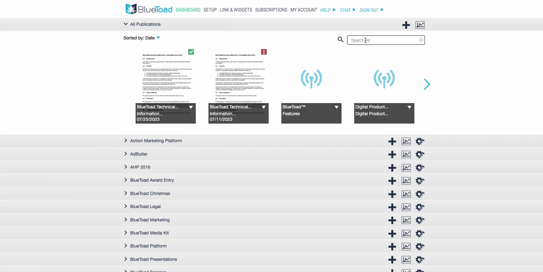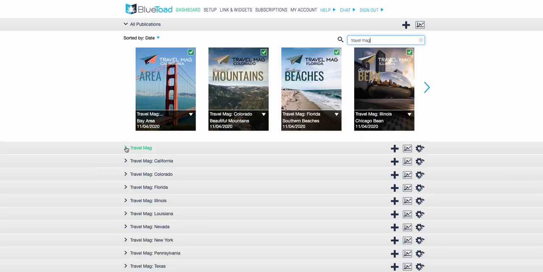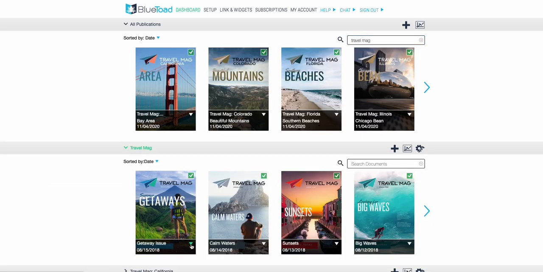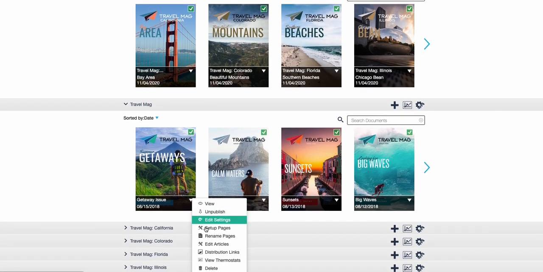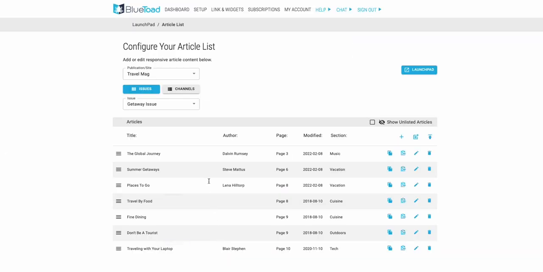We have a lot in this dashboard, so we are going to do a quick search for Travel Mag. And we are going to choose the Summer Getaways issue as our style guide. We're going to click on the menu and go to the Edit Articles portion in that particular issue. Once we've done that, we've gone to the article list, and on the right side of the table that we